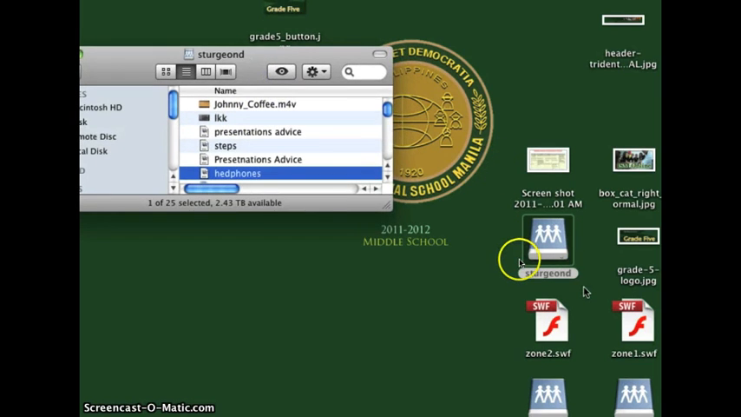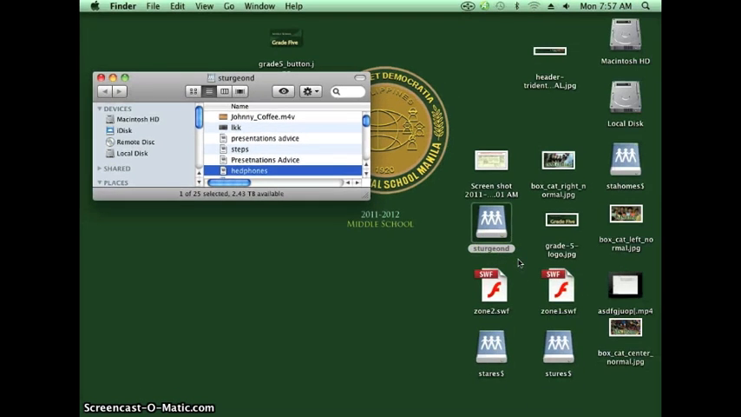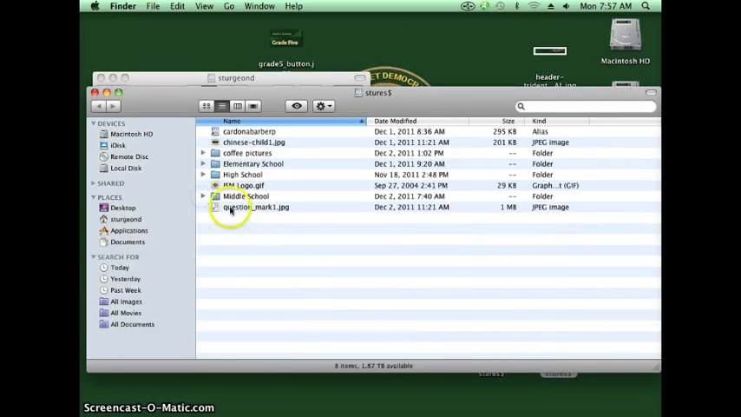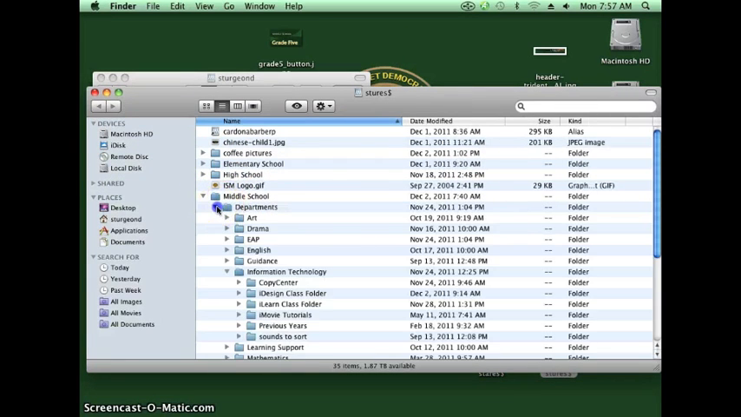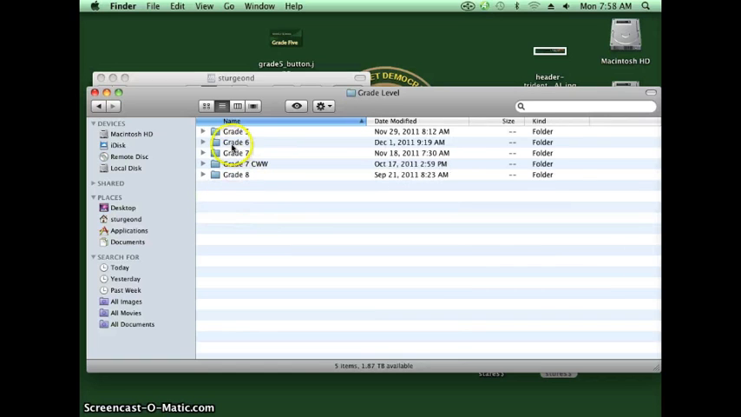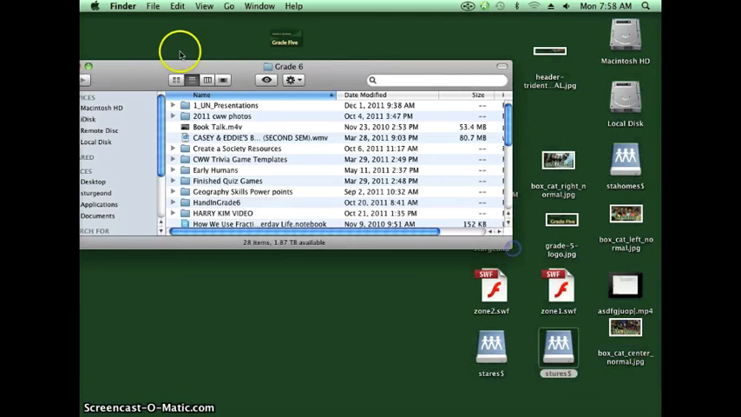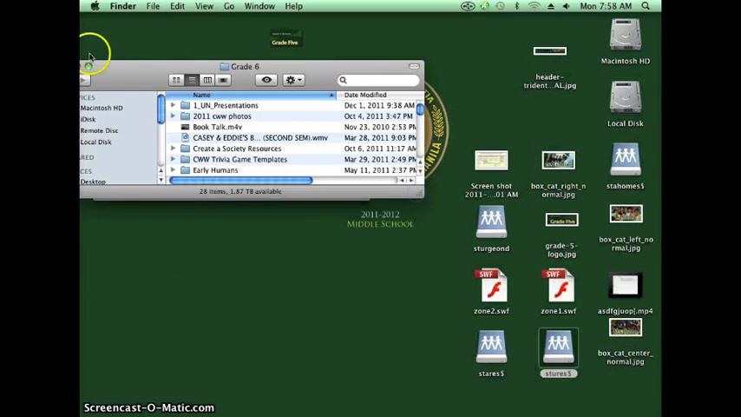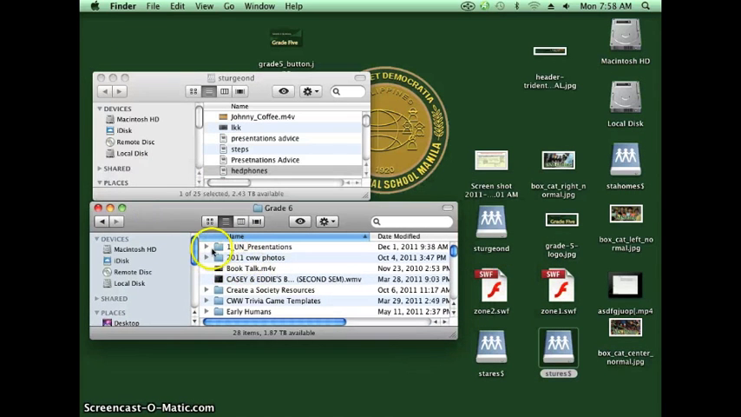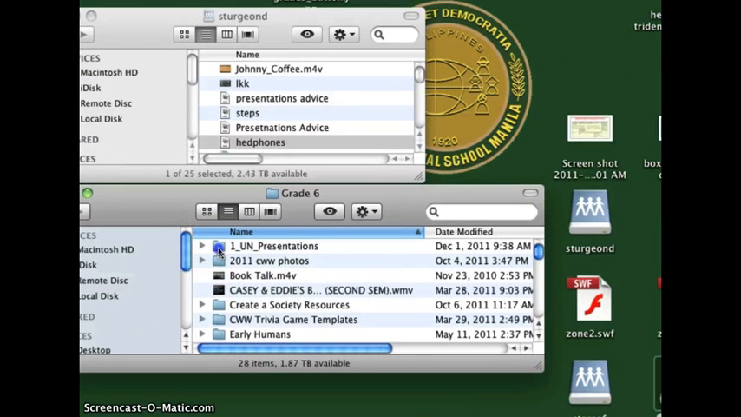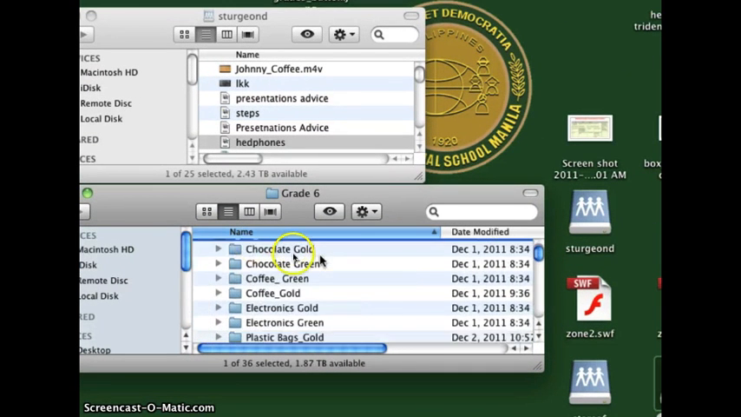And now you have to hand it in because you want the world to see it. In student resources, in middle school, grade level, grade 6, right at the top you will see a folder, and it's always going to be at the top because we put the number 1 there. You'll see it has UN presentations. Drop that down and you will see